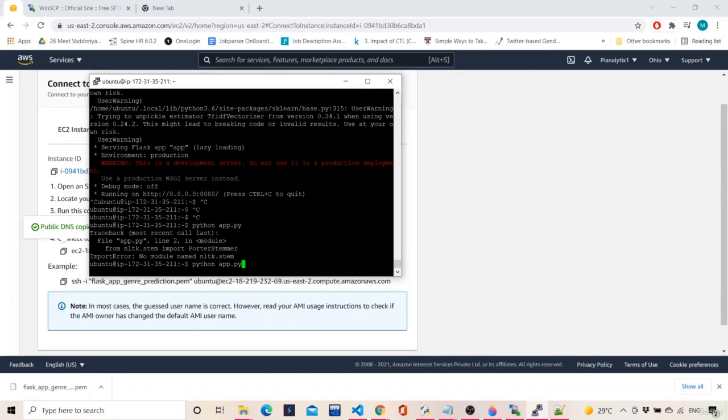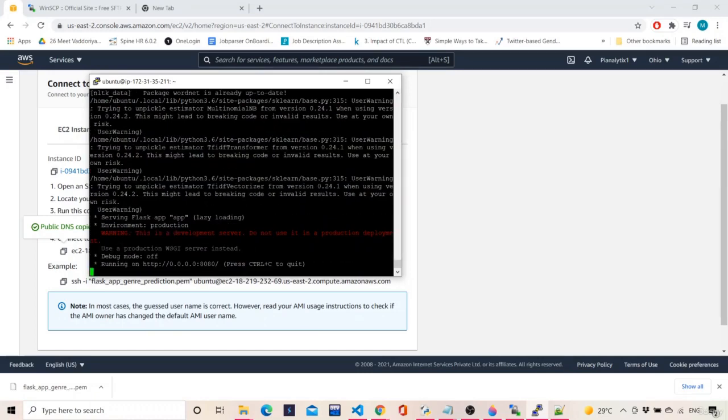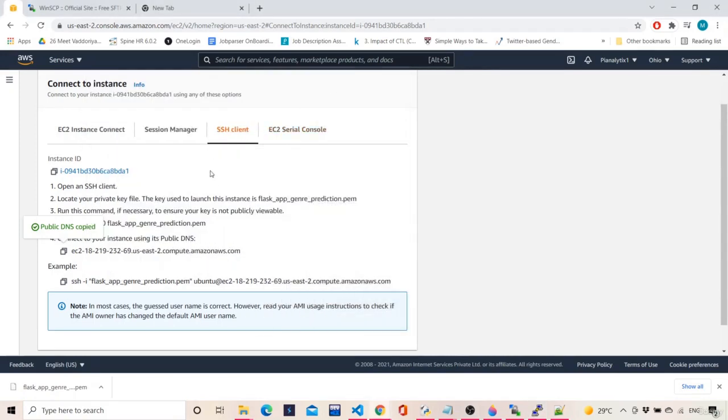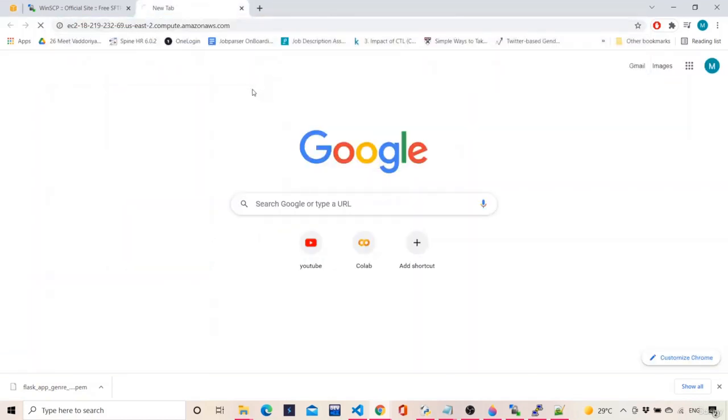That is why it is showing me that there is no module named nltk.stem. So if I write python3 instead of python, now this will run. See, it is running. So now this is running on HTTP 80, right? So this is running on the AWS server now. Now in order to access it, you need to go to this SSH client, connect to your instance's public DNS, copy this, paste it on a new tab, and just hit enter.